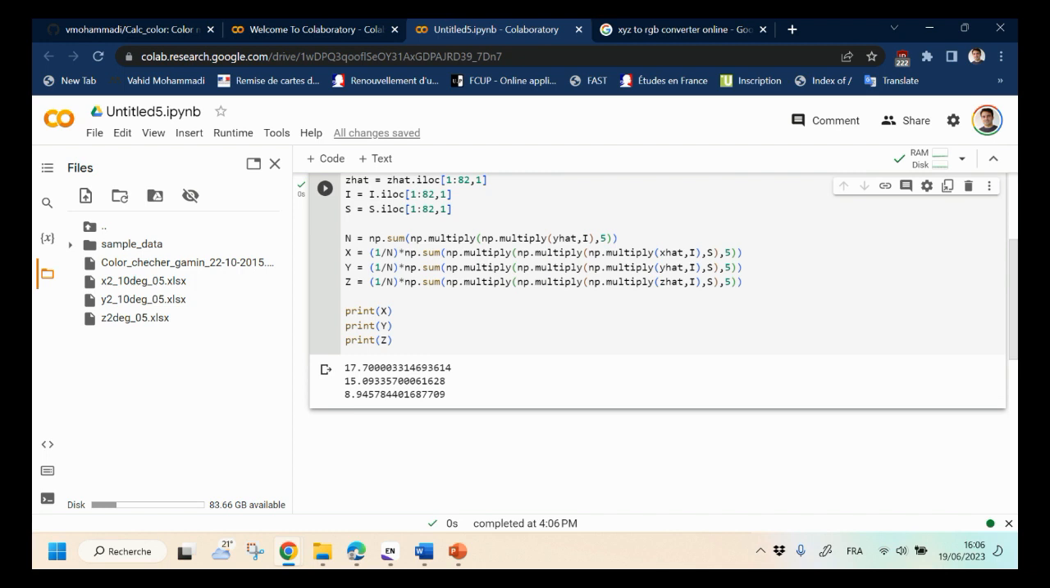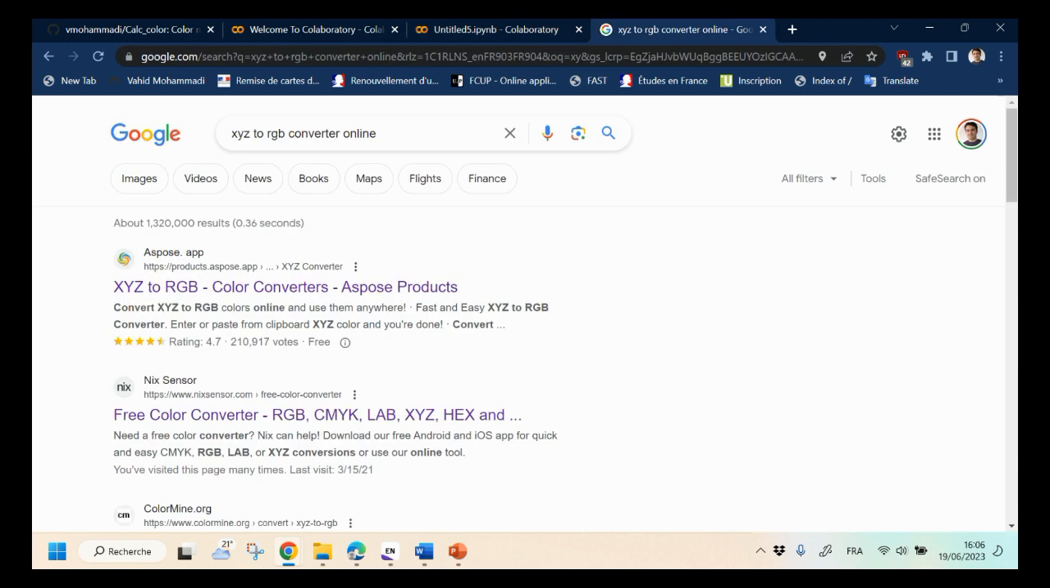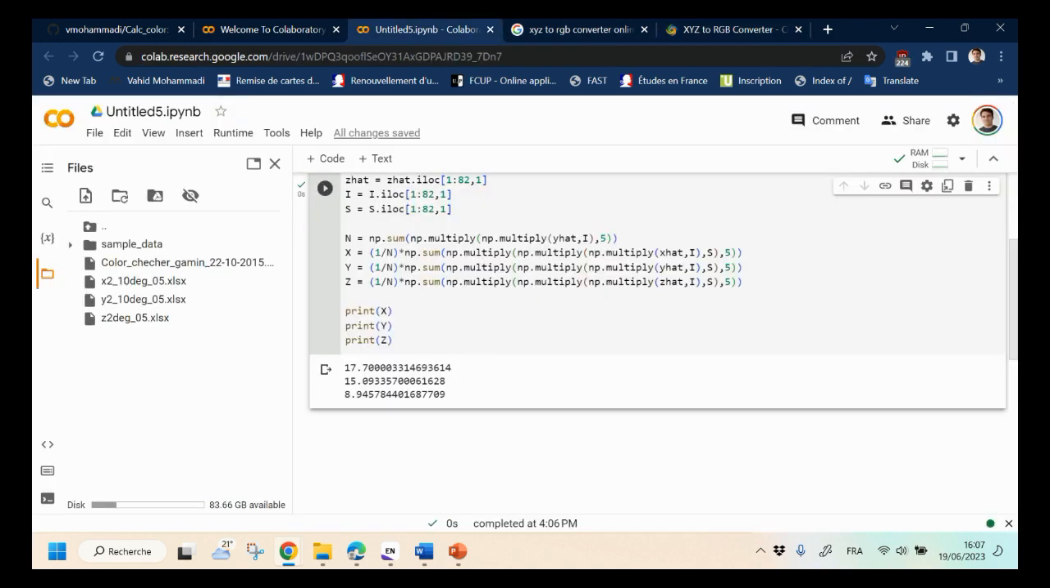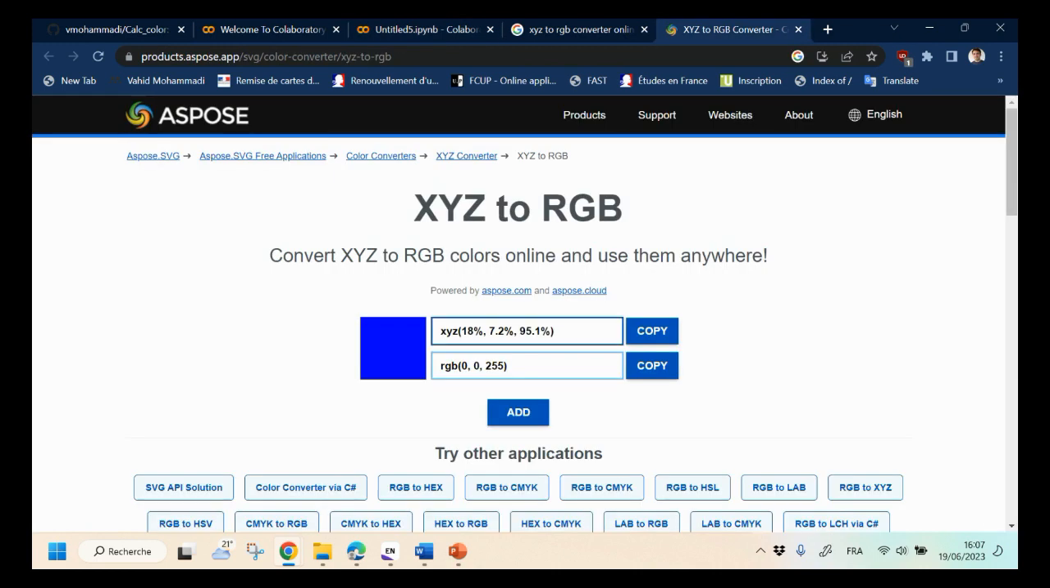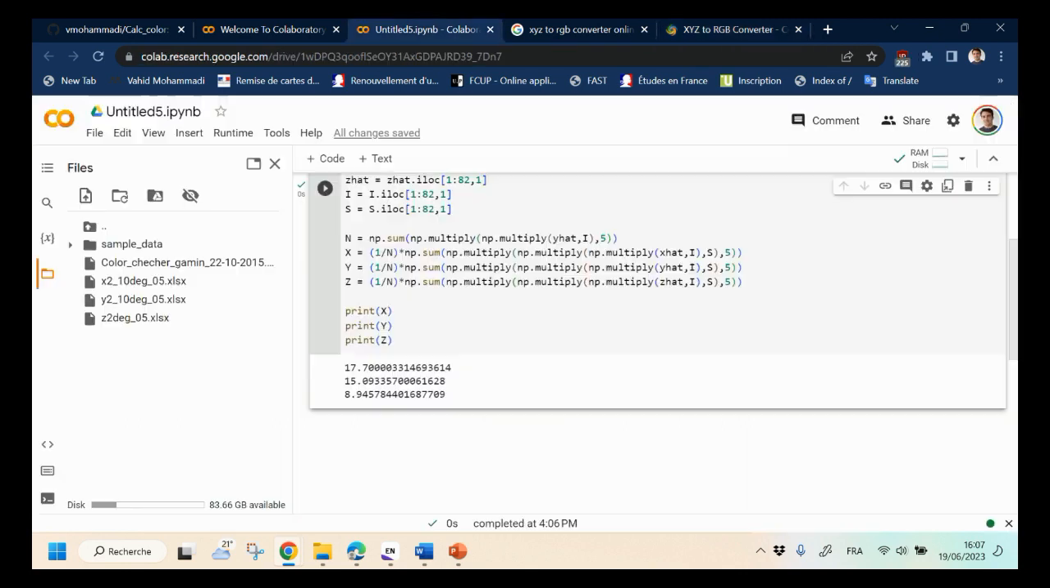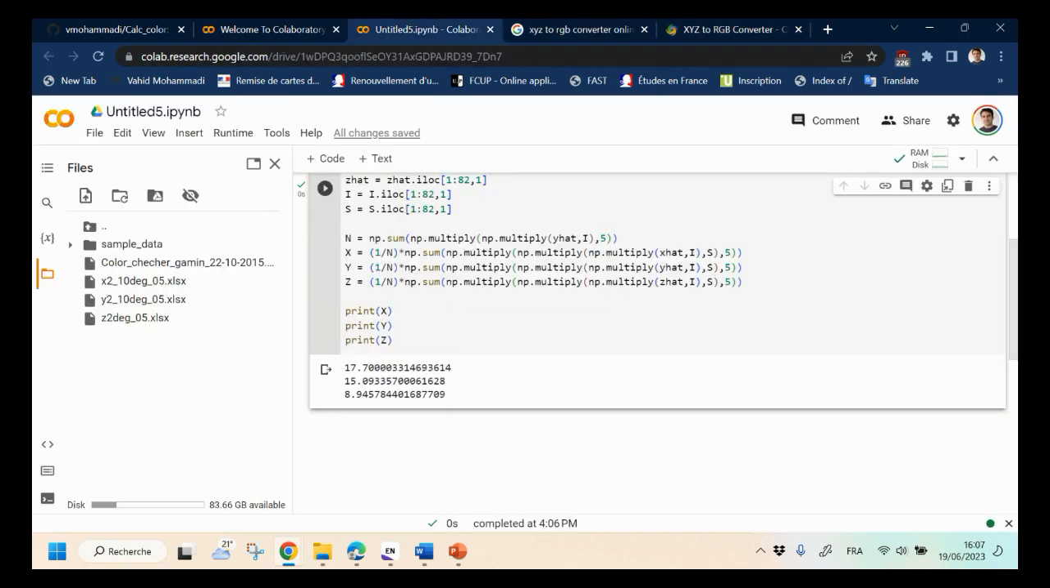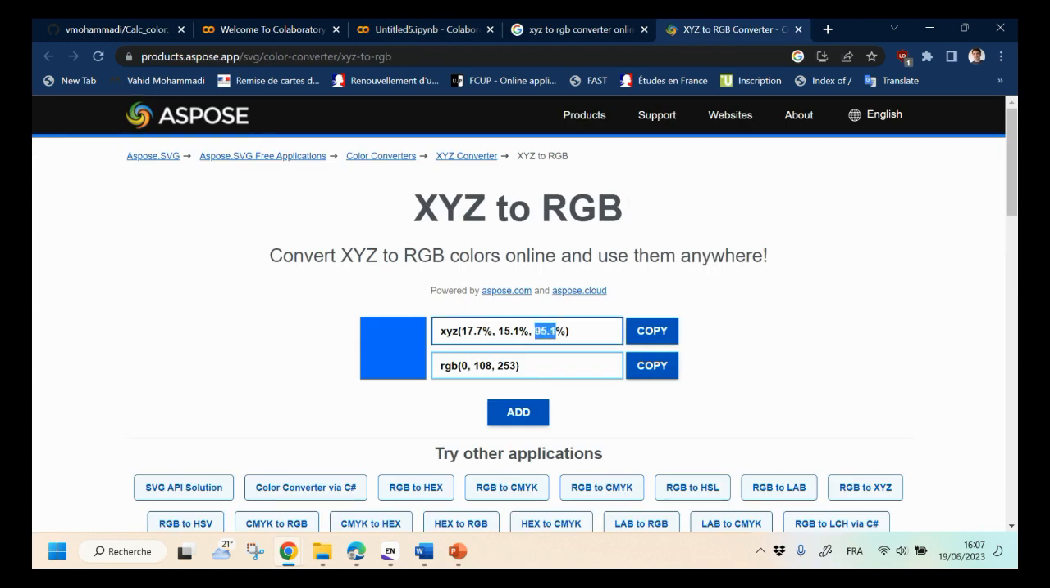So maybe you say that now with this x, y, z, how do we understand the color and what is the color. So let's just check it on one of these websites. You just need to, for example, search for XYZ to RGB converter online and open one of these websites, okay. And so let's try the values. For example, 17.7 is for x, and we have 15.1, and we have 8.9. So you see that it gives you the RGB value that is correspondent to this, and this is the